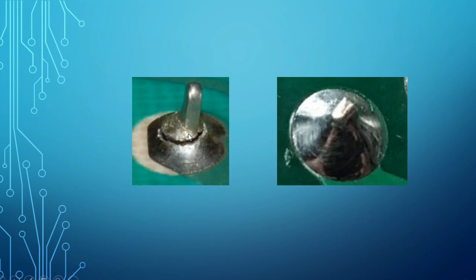If you find a problem like this, it is recommended to remove this old soldering and to place new soldering, because the majority of electronic issues in the motherboard and electronic boards are due to this problem, dry soldering. Okay,